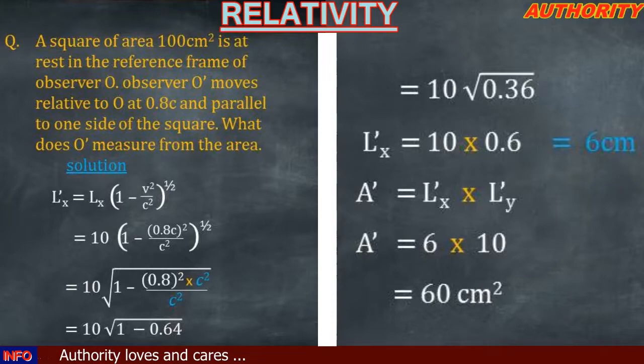So a square is measured by an observer at rest, and it gives the area of 100 cm squared. Then another observer is in motion, and then you discover that this man is in motion with a velocity of 0.8 c parallel to one side. He is going to take the area measure of that same square to be 60 cm squared. All right? Yes. So the observer in motion and the observer at rest, they measure differently because of the different frame of